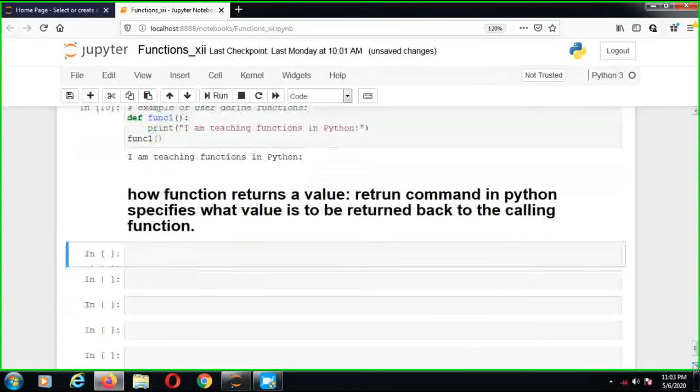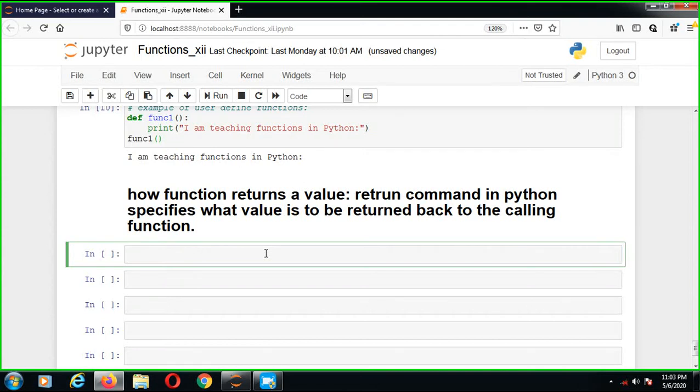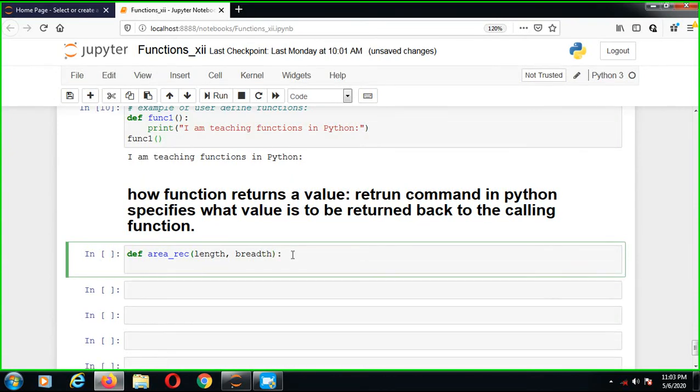Now how can we define a return value? Simple. Suppose we are making a function with the def keyword and the function name is area, area of rectangle. We have two variables, length and breadth, and a colon. Now area is equal to length into breadth.